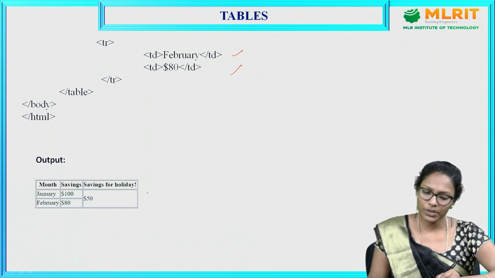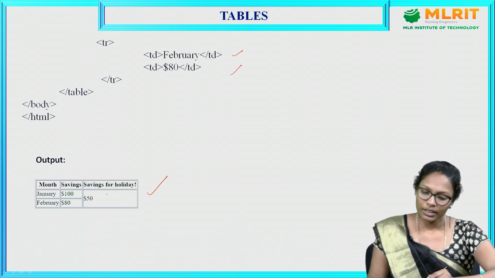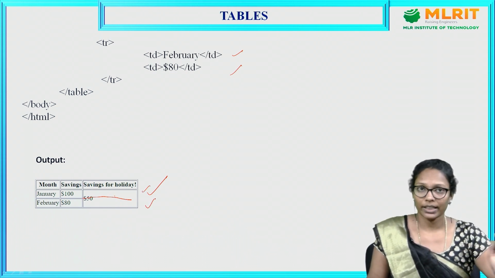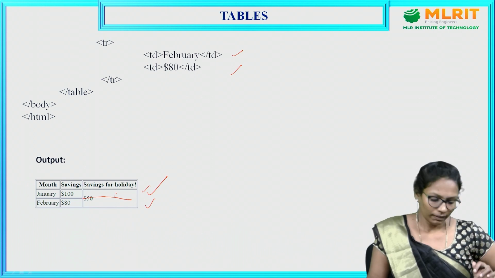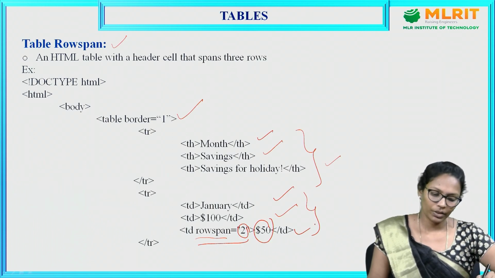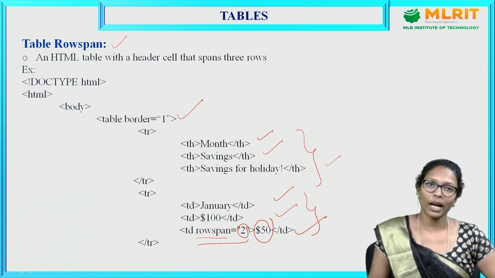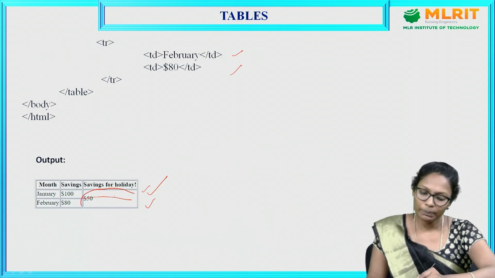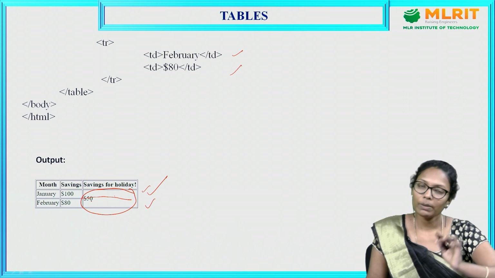So if you observe here, these two rows you are merging here. Actually, the table will be created like this. This is first row and this is second row. But in the first row, while adding the second element, you're using row span to merge with the next row. So that's why it has merged with the next row,